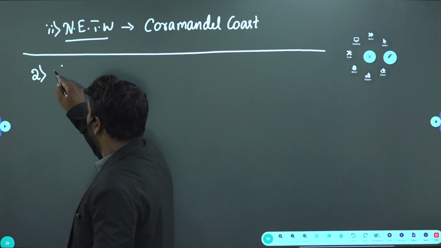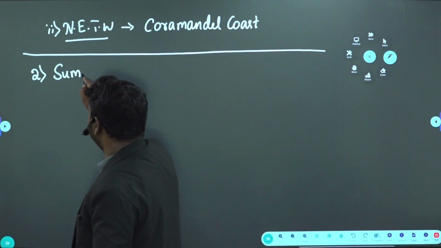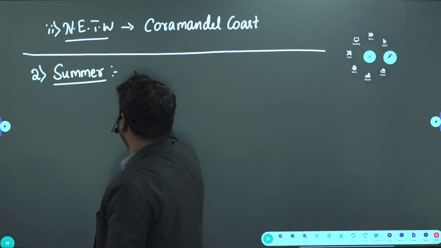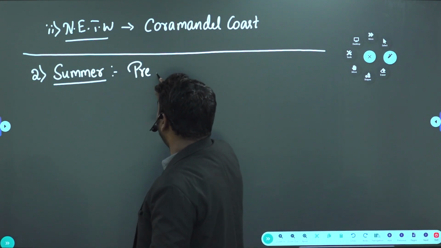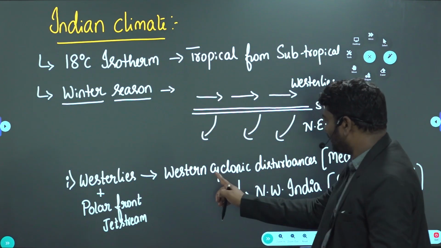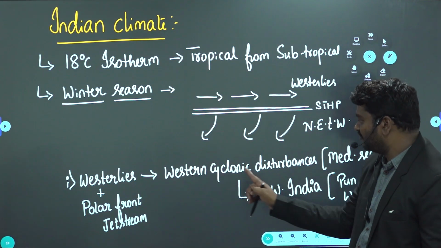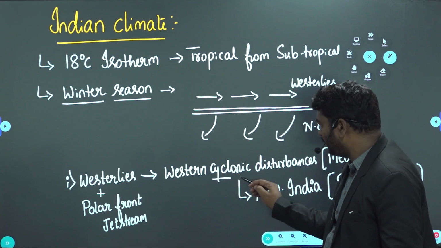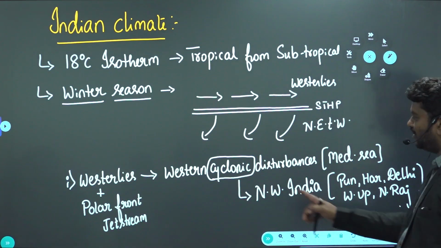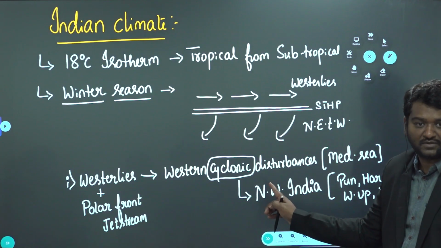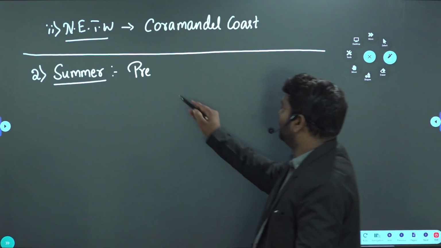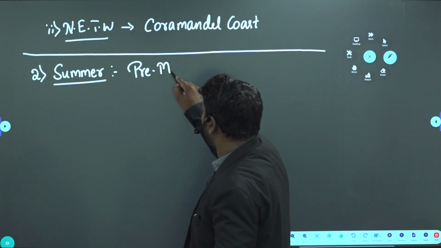Second season is summer season. The summer rainfall, okay. Just a minute. You see here, westerlies, winter season, which type of rainfall will India get? Cyclonic rainfall. And which cyclones are these? Temperate cyclones, not tropical. These are temperate. And yes, these are also called as